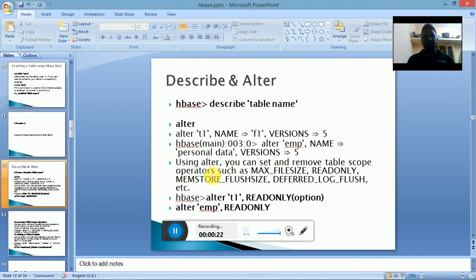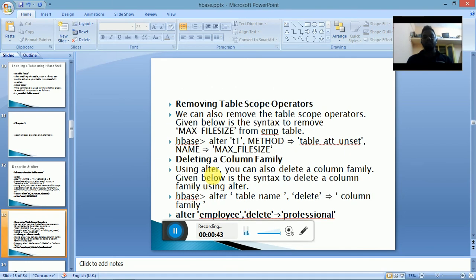The command to describe the table is describe and then the table name. Once we type describe and the table name, it will describe the schema of the table. To alter a table we have alter commands. If you want to set the table to a read only format, we can do that, and we can also alter, like deleting a column family by using the